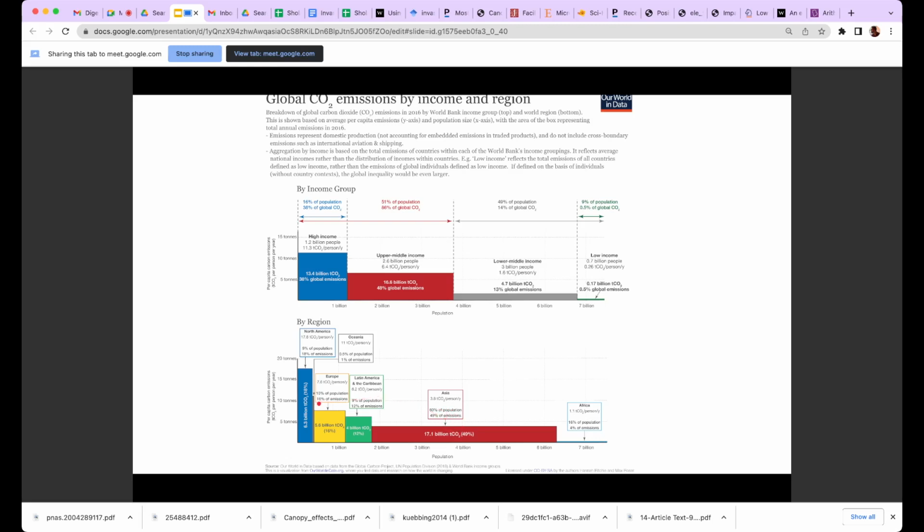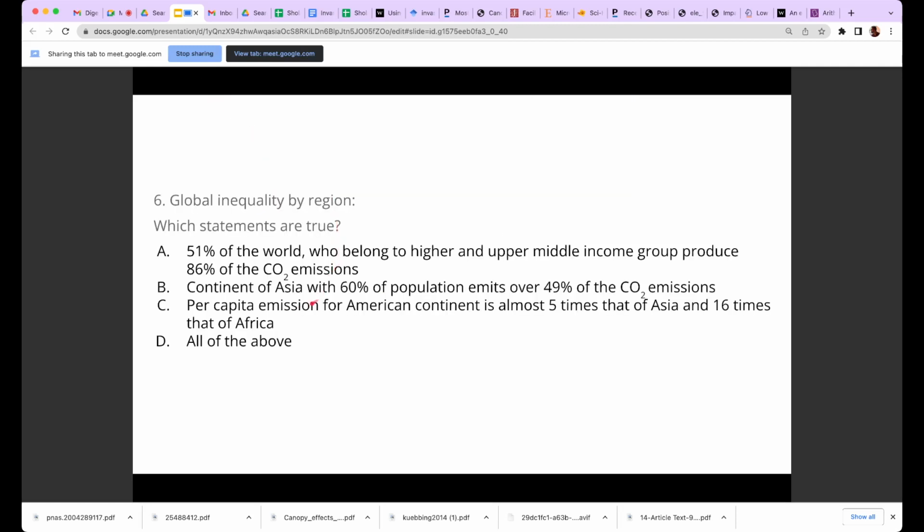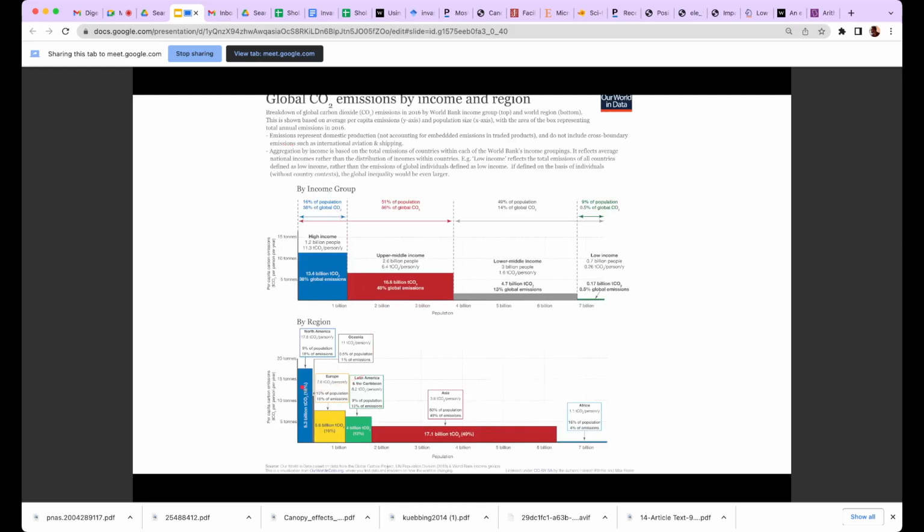Then you have North America, which is only 5% of the population, but they produce about 18% of the emission. So what was the question? Yeah. 18%. So you can see that